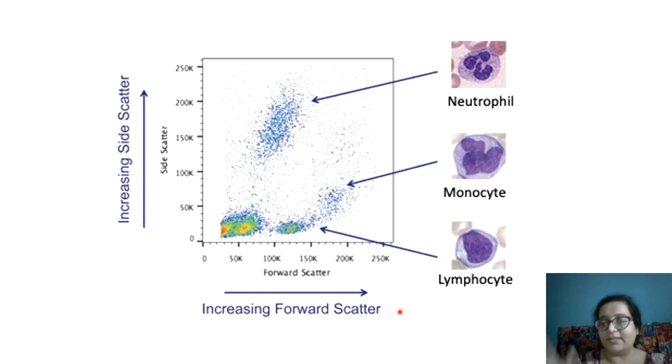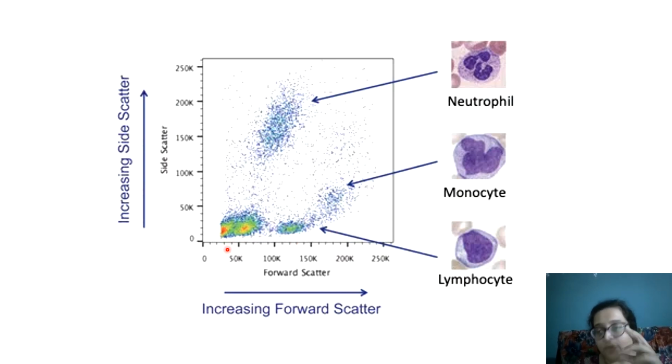All that is there in textbooks. Please see, there are too many YouTube videos on that. You can see those also, on how a flow cytometer works, how a machine works. So the x-axis is the forward scatter, and the cells which are lying in this area, that is 200K, 250K, 150K, are mostly the large cells.